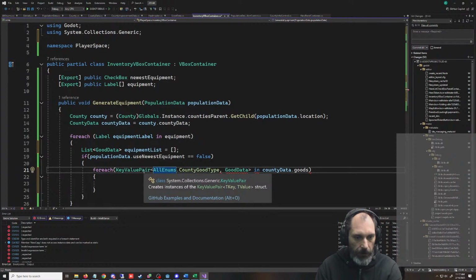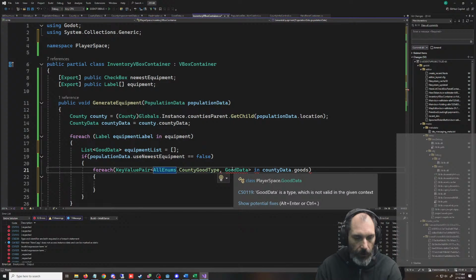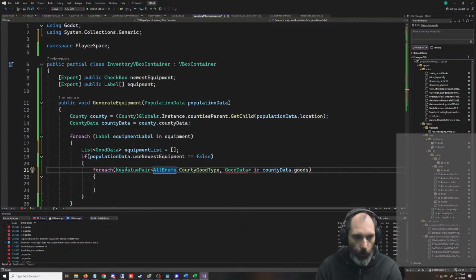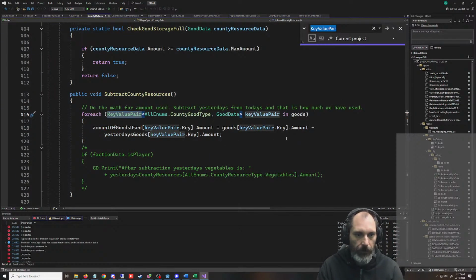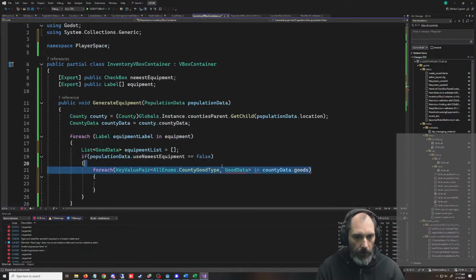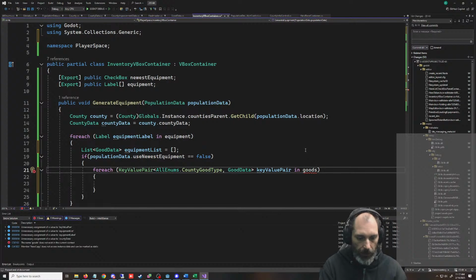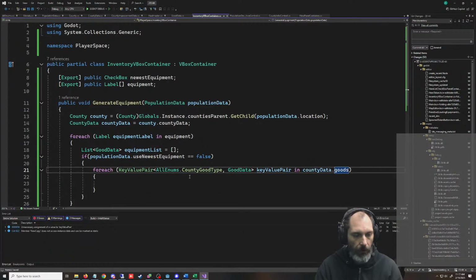Key is county good type, comma, good data. I've done this like 400 times, but I haven't done it recently. So that's the problem. Here is the exact thing, literally the exact thing. In county data.goods. There we go.